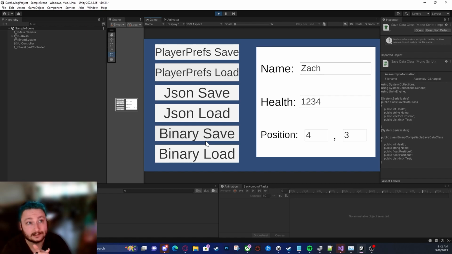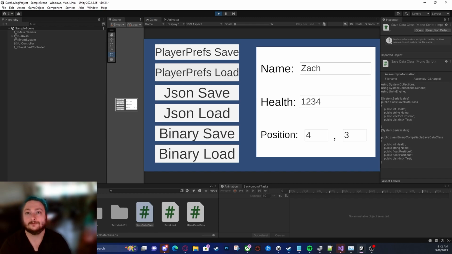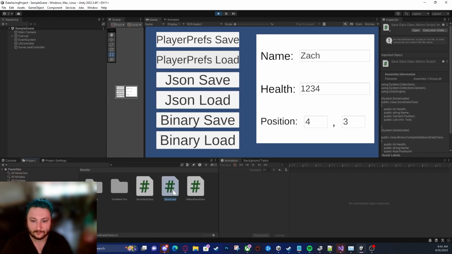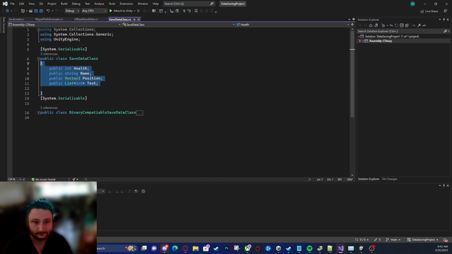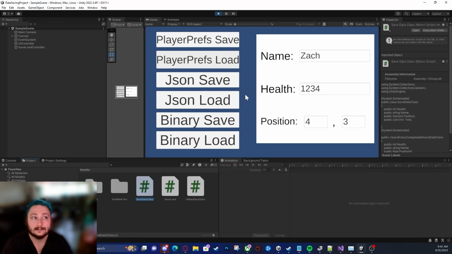And if you're in my Friday lecture hearing about that, that is one thing I forgot to bring up. The model is basically the template of what our save data is, right? If we go to my save data class, opened up over here, we'll ignore this binary guy right now, this is my save data class. This is my model. It's where all the blueprints for the information are. It's kind of like the contract of what is being saved. My view is the UI right here, right? And my controller, in a more